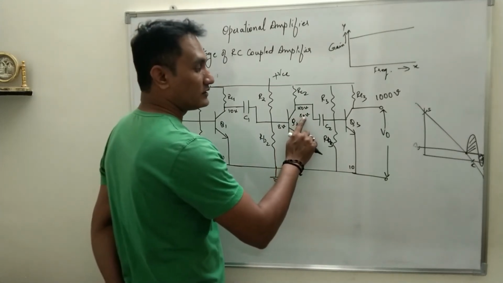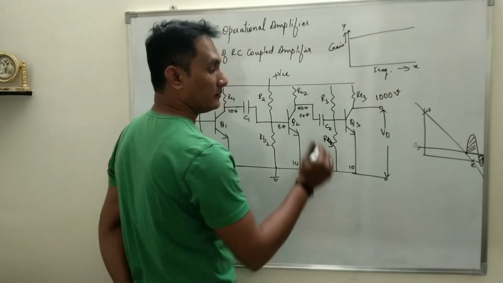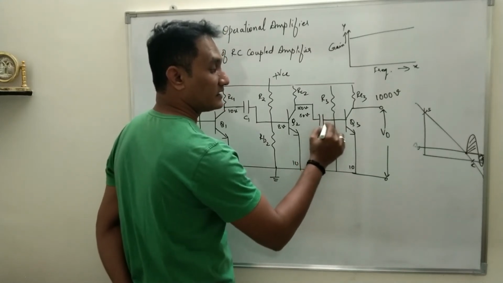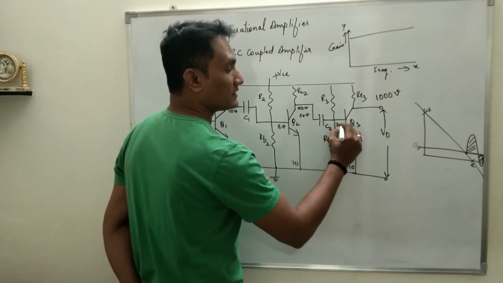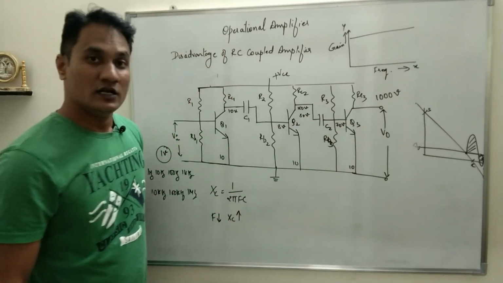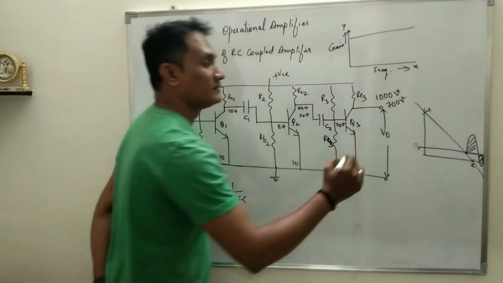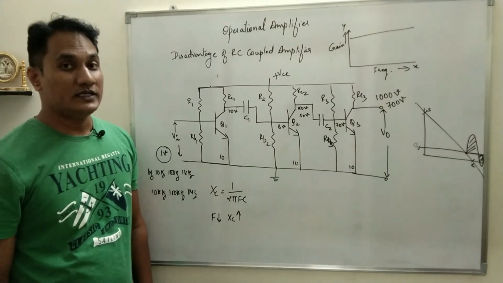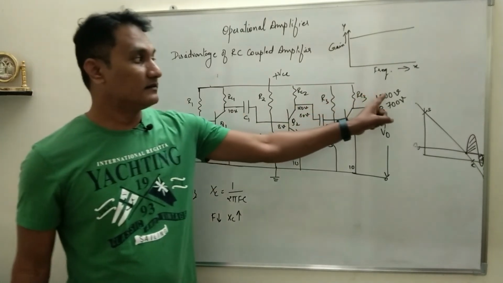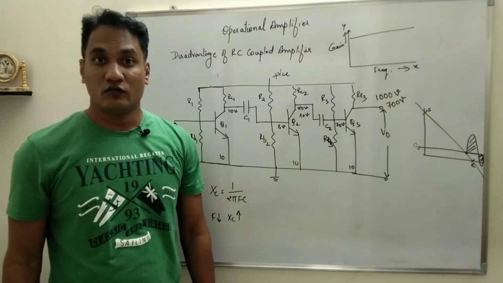Now this 80 volts has to be transferred to the input of the third transistor, but again, as the capacitive reactance at low frequency is very high, this entire 80 volt will not be transferred. Say 70 volt is transferred. So 70 multiplied by 10, how much are you getting? 700 volts. What does that mean? What is the expected output? 1000 volt, but how much are you getting? 700 volts.